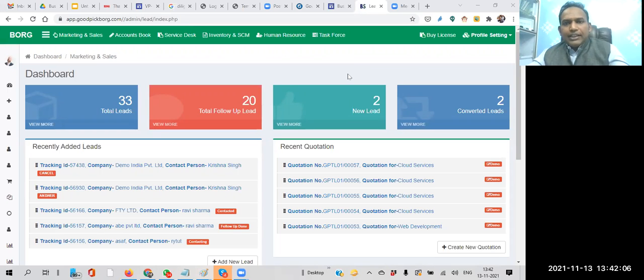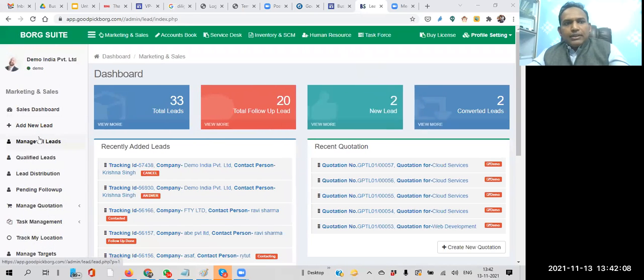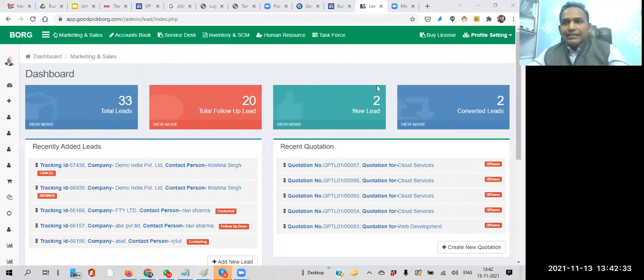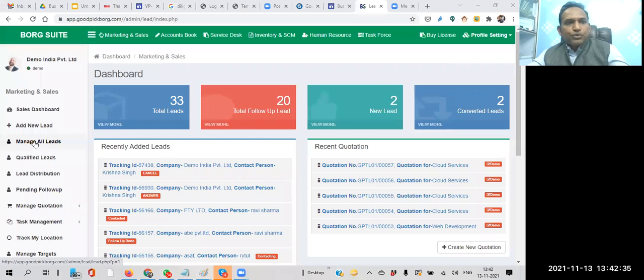So let's start with the lead score. Lead score is a feature, as I just put a definition to you. A lead score is a value to measure the potential value of the lead, how much potential this lead has for our business. There are some parameters to measure the score of a particular lead. We have defined six parameters. So how can we get these six parameters? Let me show you.